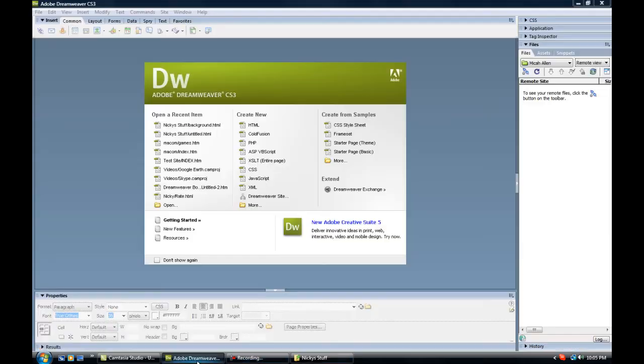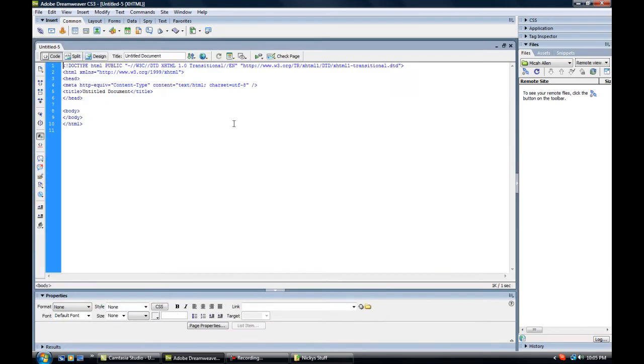Now you're going to go to Dreamweaver or any other program that can save an HTML file. I'm not going to do much designing in this. Most of it's going to be coding. So create new HTML. I'm going to set my title to CSS background